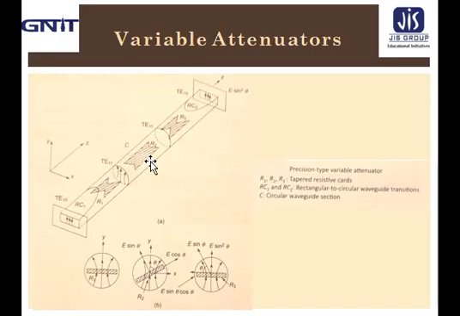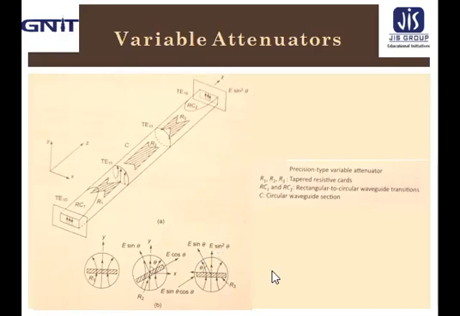And with reference to this figure, figure B, if the resistive card in the center section is kept at an angle theta relative to the electric field direction of the TE11 mode, then the component E cos theta, that is parallel to the card, gets absorbed, while the component E sin theta is transmitted without attenuation, and the latter component finally appears as the electric field component E sin square theta in the rectangular output guide.